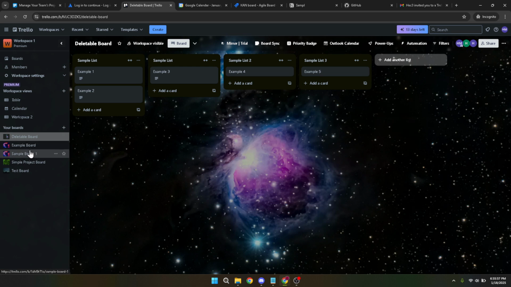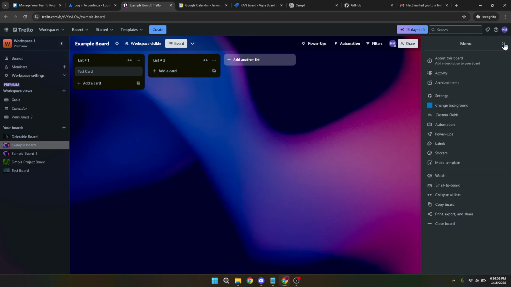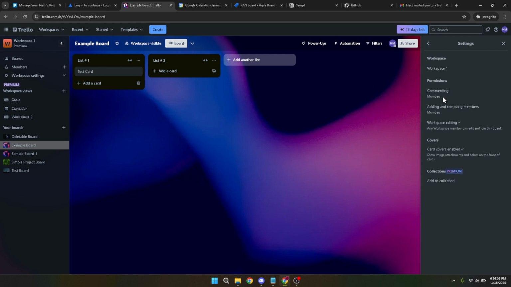Here, you'll have all your cards and lists, but what we need to focus on is the top right corner of your screen. There you'll see three dots. This is generally known as the More button or Options menu. When you click on these three dots, a drop-down menu with various board settings will appear. Next, you should look for the Settings option in this menu. Selecting Settings will open a new set of options, out of which you need to choose the Workspace section.